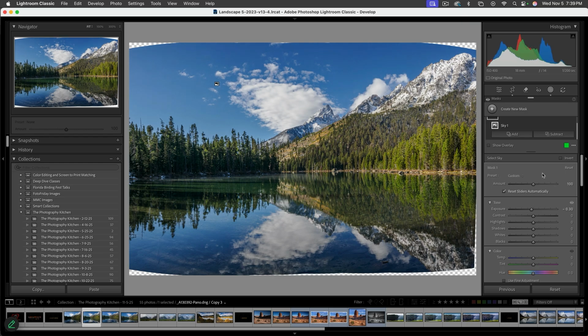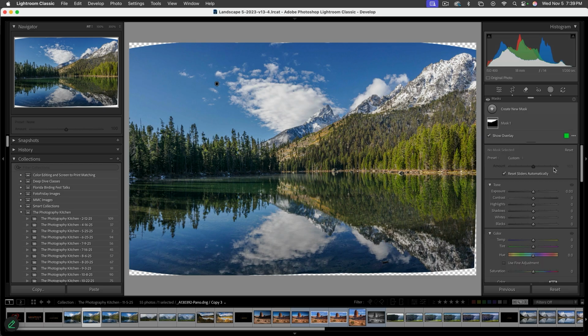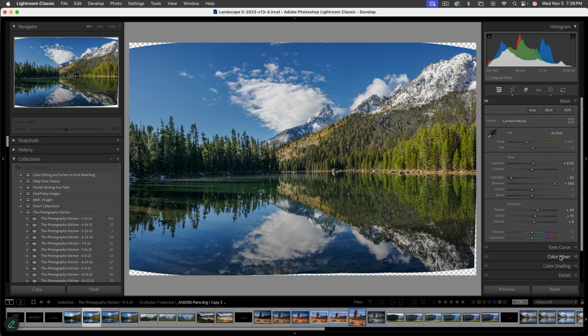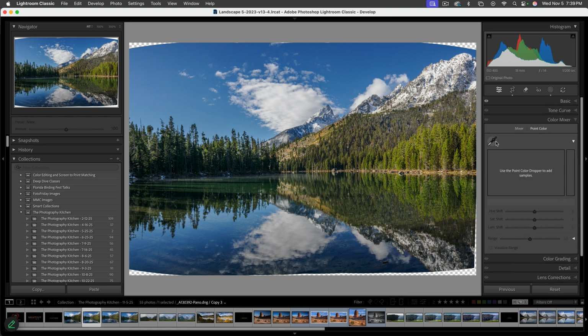Now, I'm also looking at this, and I've used terms before, and a couple of people have asked me about them. I will talk about cooling or warming, or it looks too cyan to me, that kind of thing. All right, I'm looking at that sky, and to me it's looking a little bit cyan. What does that mean? Let's use the color mixer to go in there. So I'm going to hit enter on these. Let's go down to the color mixer, and we're going to get the eyedropper and come over and pick on